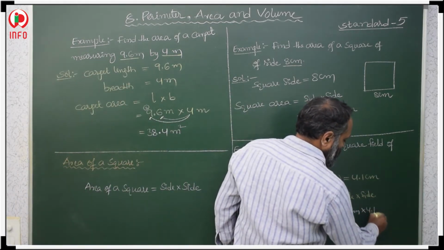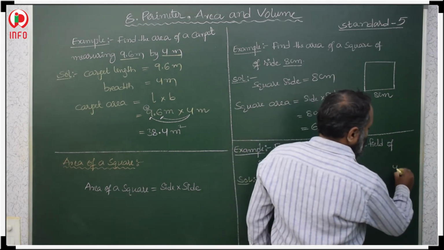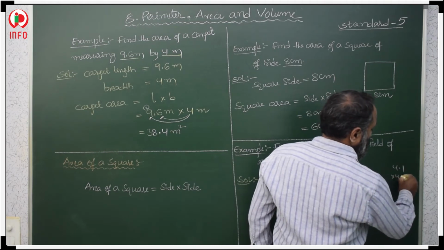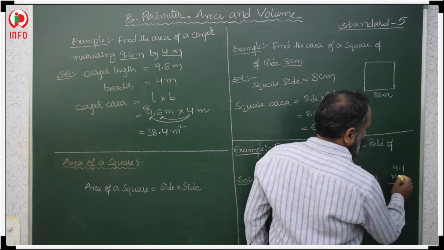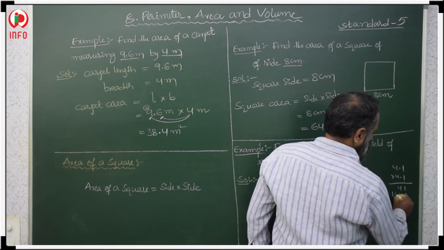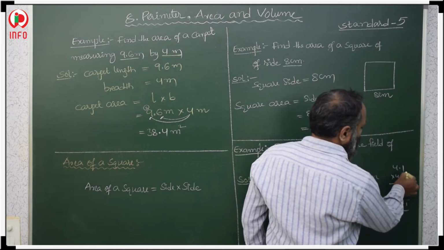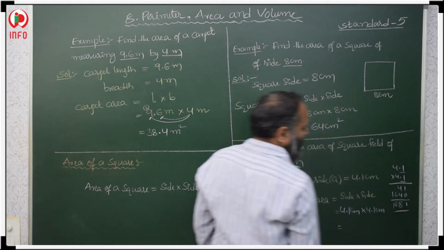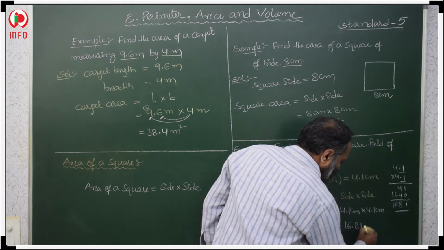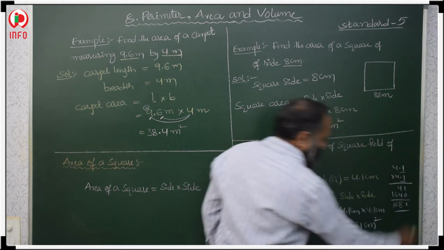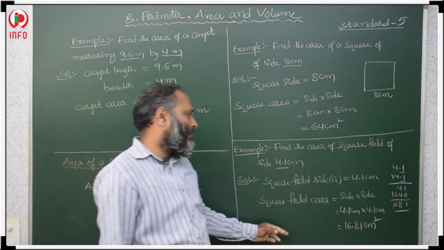4.1 into 4.1 centimeters. Now you multiply 4.1 into 4.1. 1 1 is 1, 1 4 is 4. Then after that here 0. 4 1s are 4, 4 4s are 16. 1 8 6 1. Here after one digit, here after one digit, means after two digits we have to keep the decimal from right to left. That is 16.81. Centimeters are our units, so square centimeters. This is the area of the square field. Okay.